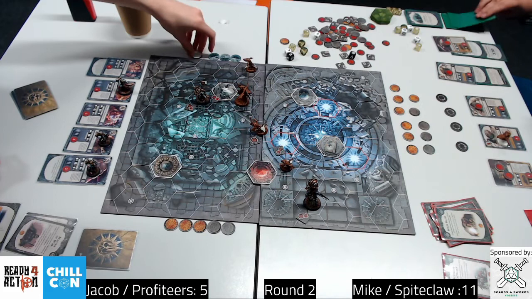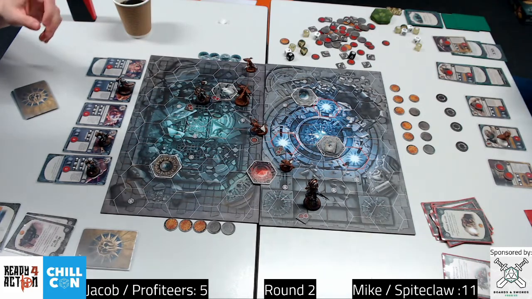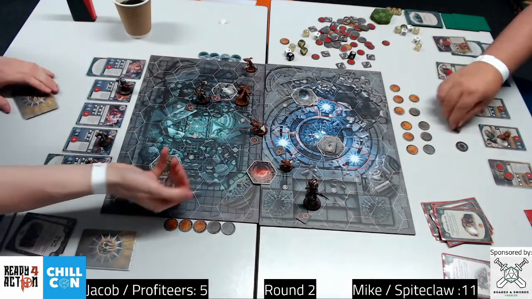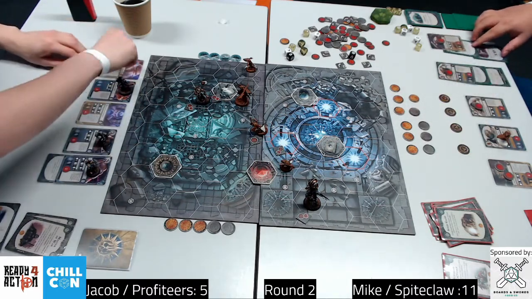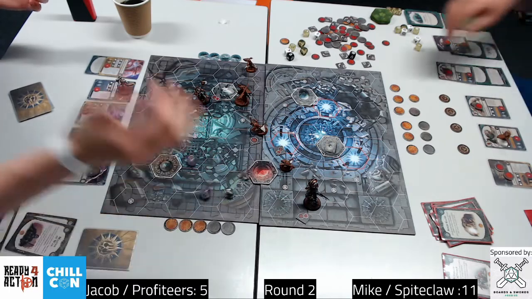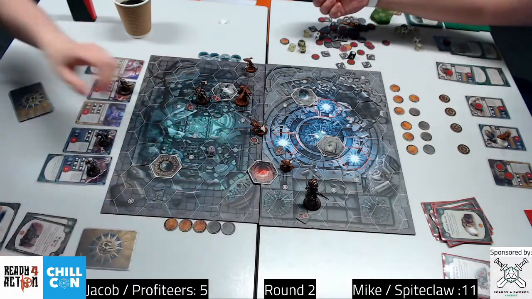11-5 to Mike over Jacob. I'm quite surprised at this. I thought Jacob had got this tournament sorted now. I thought that Mike was going to be struggling. I didn't think this Festering, Hungering, Saving deck was going to be there, but...